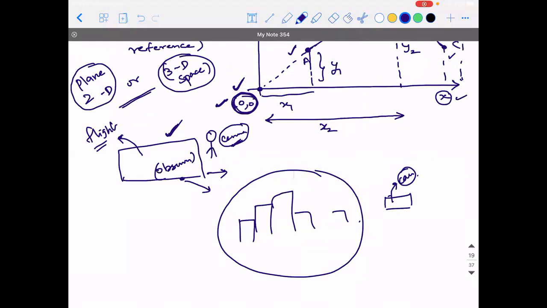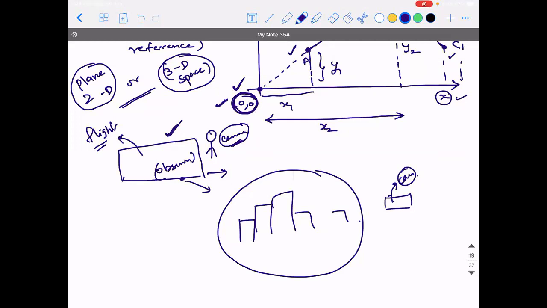See, for example, let's say you're doing an experiment in the lab. Then that lab itself is called the frame of reference. That's it. That's a three-dimensional space because it takes the shape of a cuboid or a cube, whatever it is, depending on its dimensions. So it is basically to analyze the motion of other objects, right? It need not be motion alone, it can be anything else, but generally in this case we talk about motion. That's it.